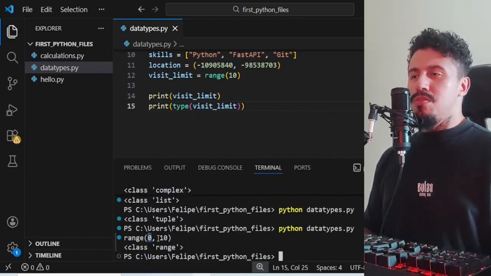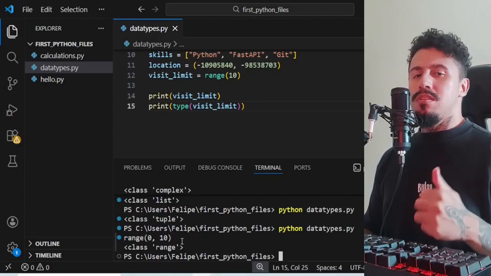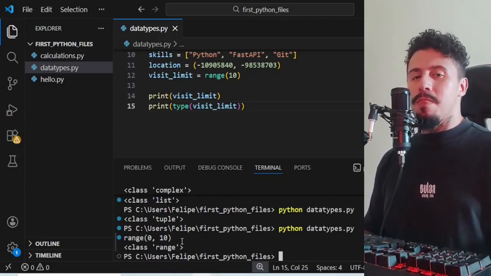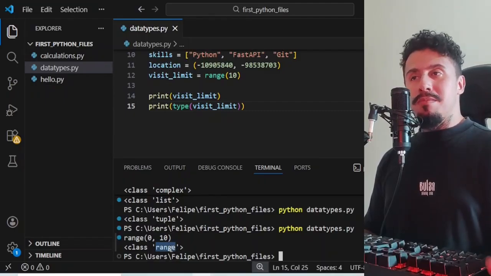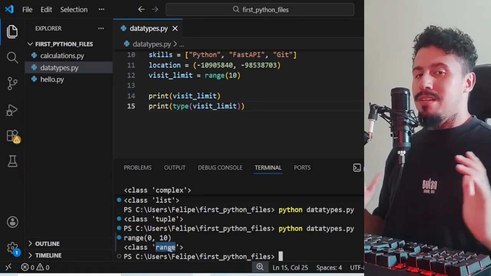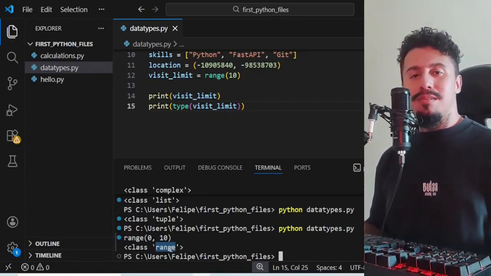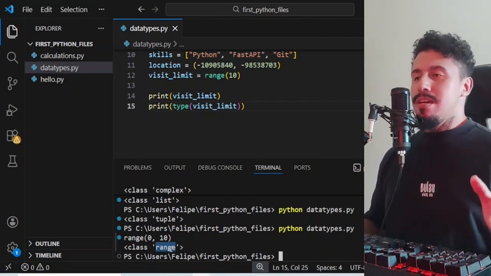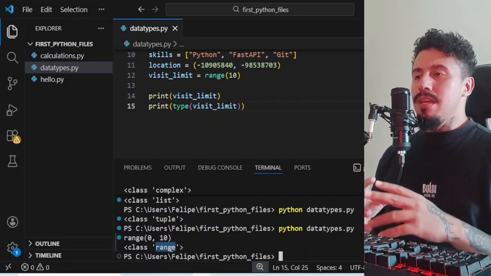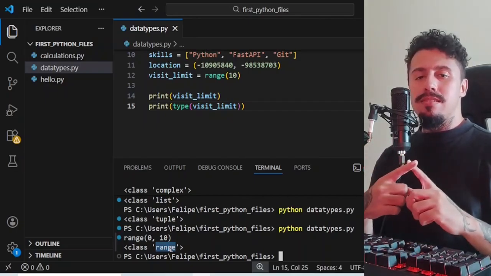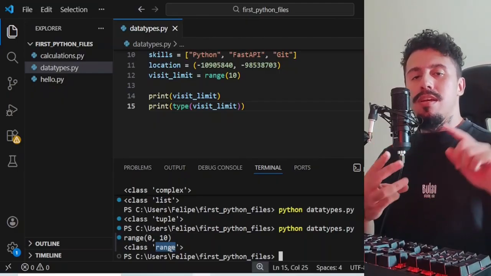So from 0 to 10, that includes 0, 1, 2, 3, until 10, okay? And the data type, that is what's interesting for us by now, the subject that we are studying right now, is range, all right? So these three data types are the sequence data types: list, tuple, and range.